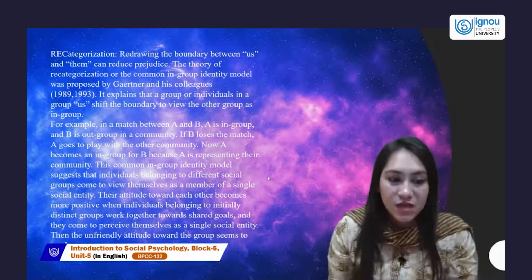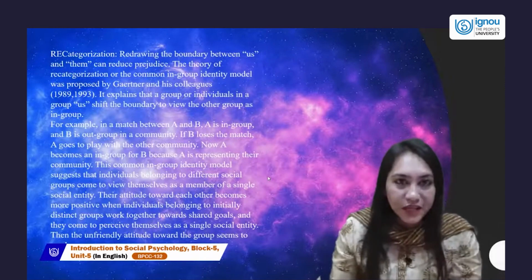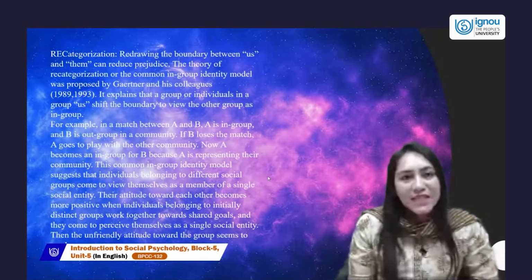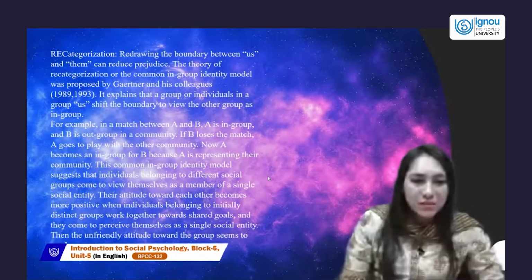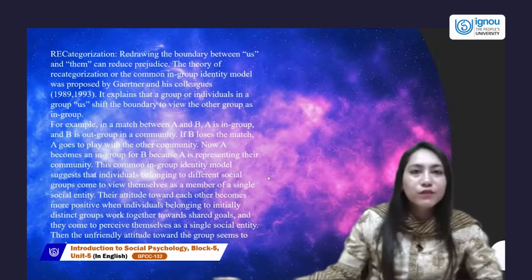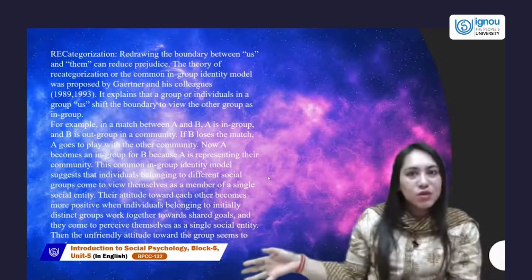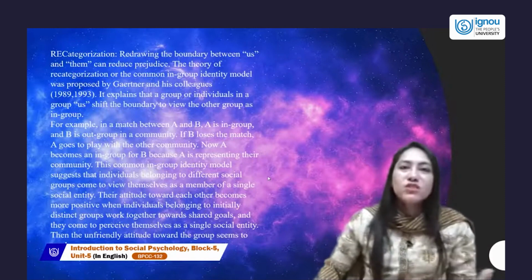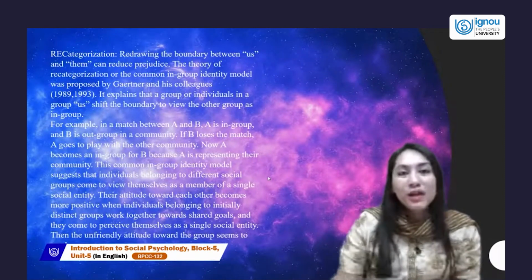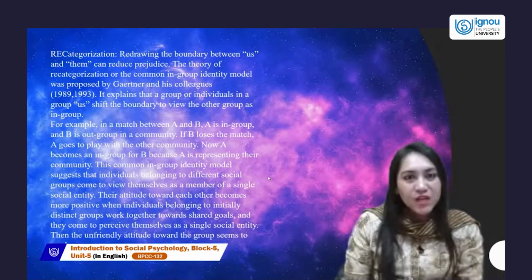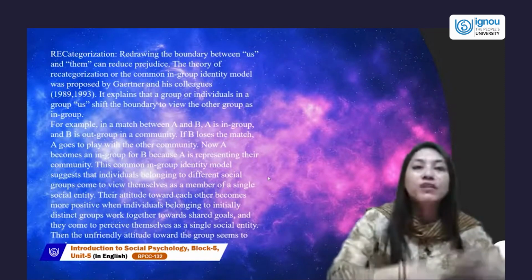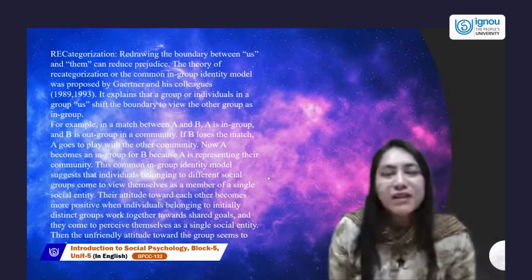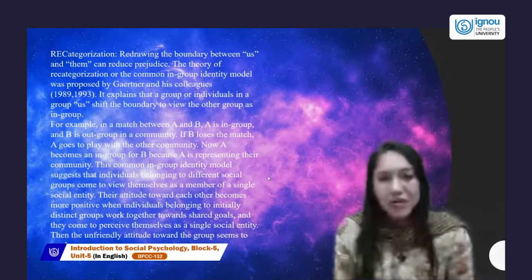Individual groups from different areas are getting together for a shared goal. So let's take an example when A has a match with B and A wins the match. A is representing a community, because A and B are both the same community. B is probably a group which is lower in strata. A is a group which is higher in strata. But we do pick up some people from the B group to include in A when we have to fight with other groups. So what are we doing? We are recategorizing our us and they, picking up people who are really deserving.